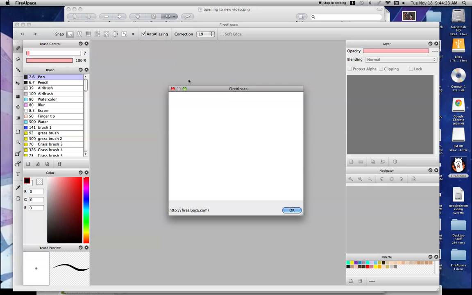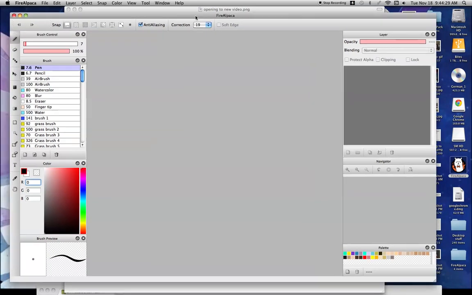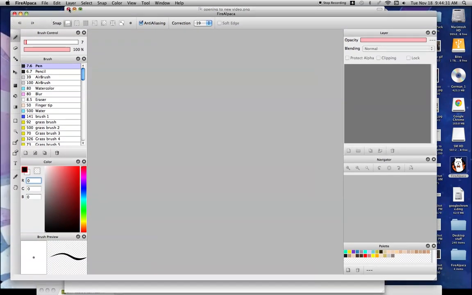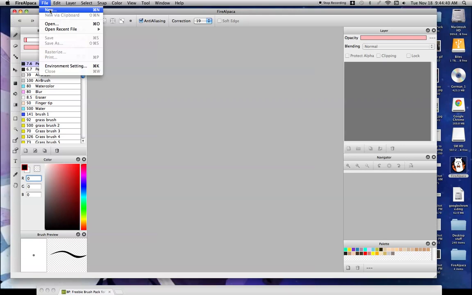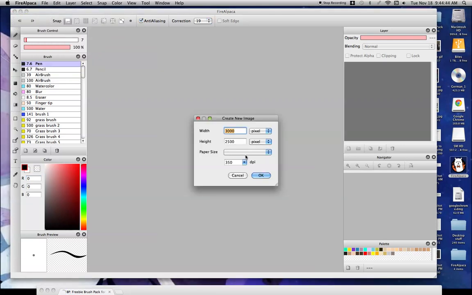Okay, so you're going to get a box like this. Usually it'll be filled with an ad. There it is. Hit OK, it exits out, doesn't take you anywhere. Then you're stuck with a gray screen. A lot of people have been coming to me asking me for this, so let's get rid of that gray screen. You're going to come up here to File, New, select New, and you get to choose your own image